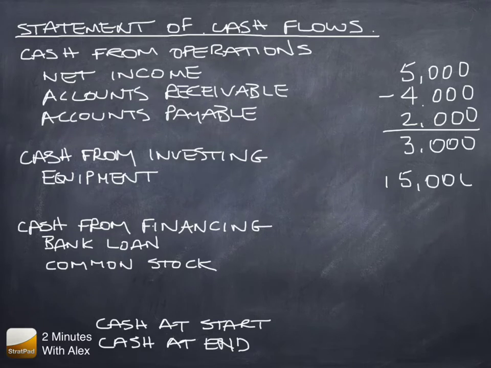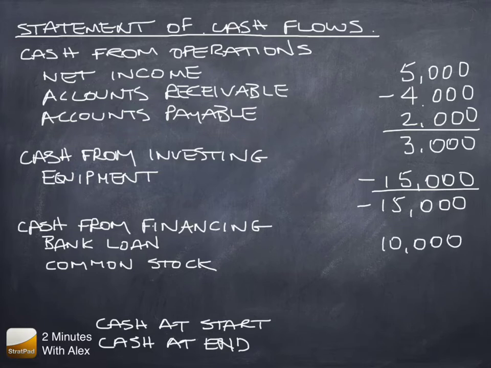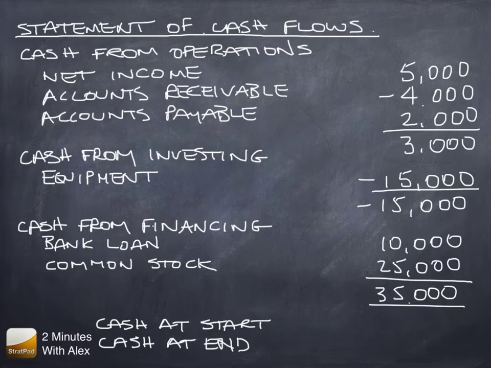$15,000 on a piece of equipment, so cash going out, and so total cash from investments is minus $15,000. And then we took a bank loan of $10,000, so $10,000 came from the bank, that's cash in. And we also had a founder put in an additional $25,000 worth of cash. Therefore, cash from financing is a plus $35,000. Then what we do is we total each of these three sections here, and so 3 minus 15 is minus 12, plus 35 should be